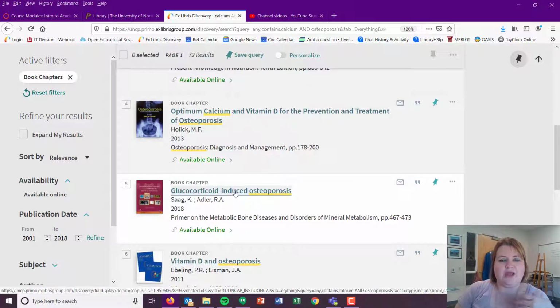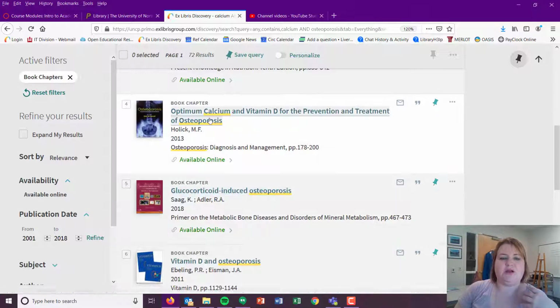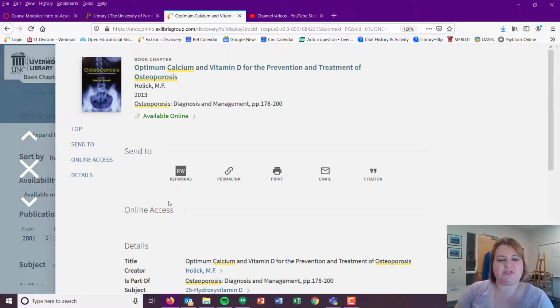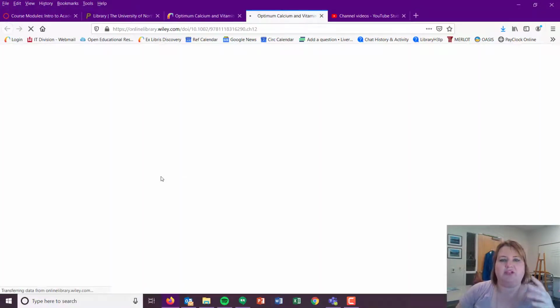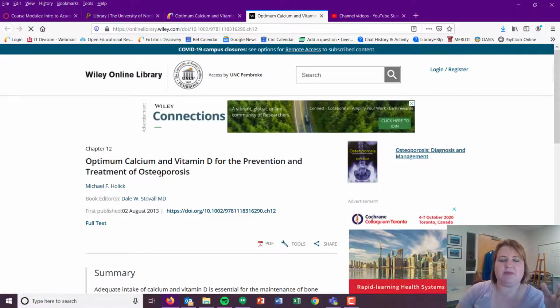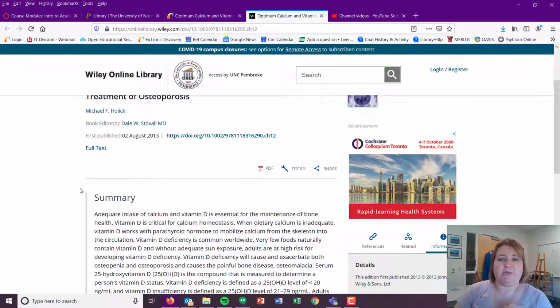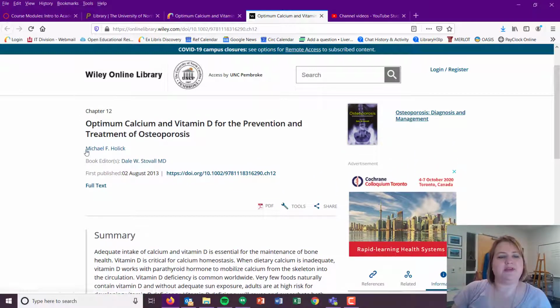But other times you have book chapters where, when you look at the full text of them, they are written by individual authors. And so many times academic books are more like a collection of essays. We talked about this when we went over citations. This is why it's important to know how to cite a book chapter, because they're articles within a book. And so instead of being articles in a journal, it's a book of articles or essays bound together. And so this is where you see this Optimum Calcium and Vitamin D for the Prevention and Treatment of Osteoporosis,